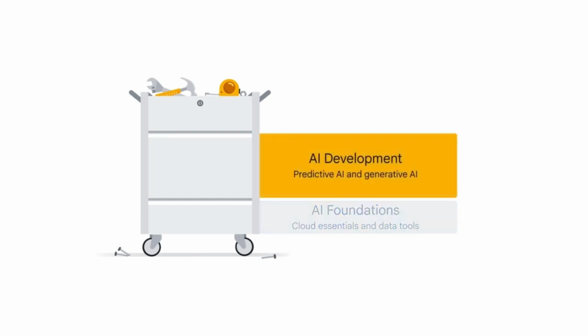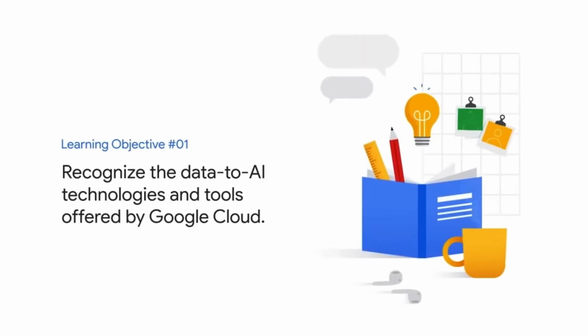You then move on to the AI development layer, where you explore different options to build a machine learning project, including out-of-the-box solutions, low-code or no-code, and DIY, do-it-yourself. You also walk through the workflow to train and serve a machine learning model using Vertex AI, the AI development platform provided by Google Cloud. Finally, you are introduced to generative AI, and you learn how generative AI empowers the AI development and the AI solutions layer. After completing this course, you will be able to recognize the data to AI technologies and tools offered by Google Cloud,